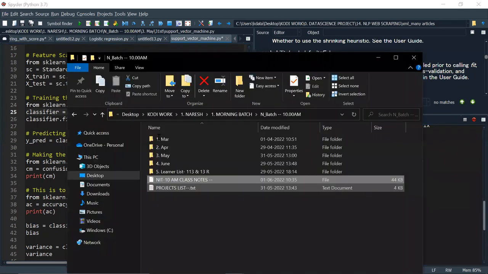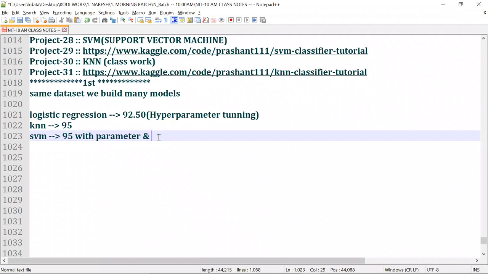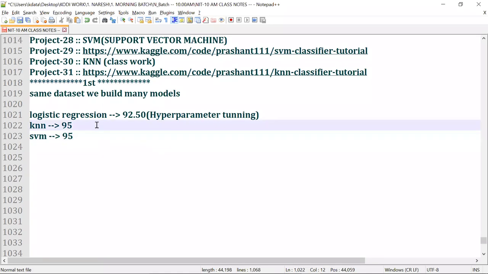So SVM also with parameters and without. So this would be the optimal part. So logistic regression gives, for the same data set, logistic gave 92 and KNN gave 95 and SVM gave 95. And next